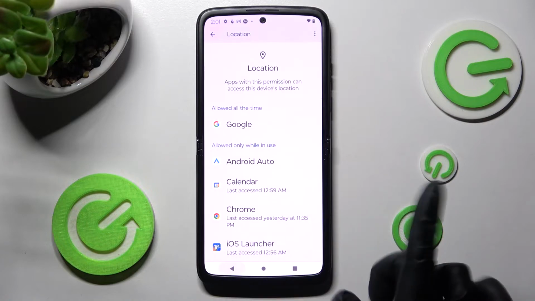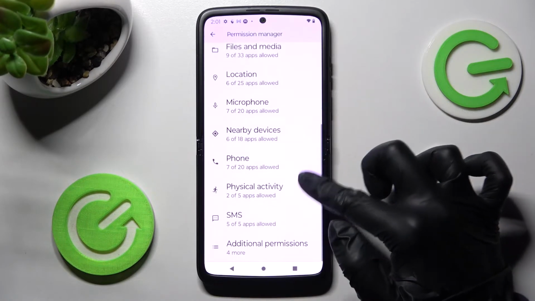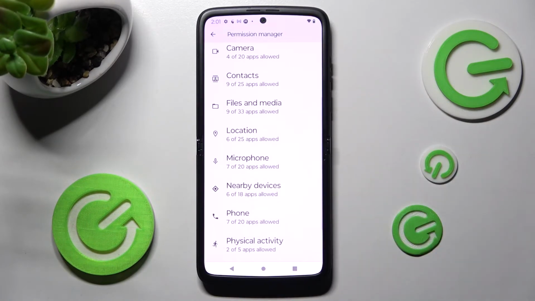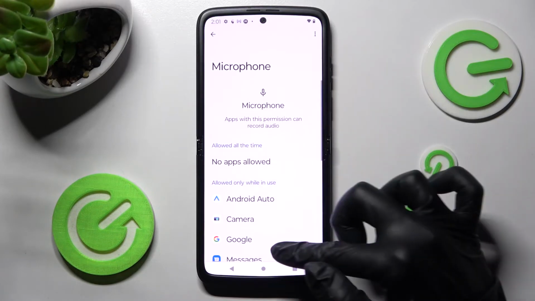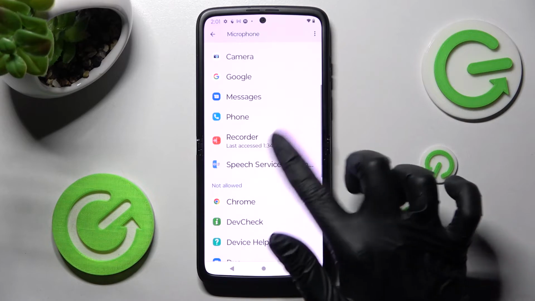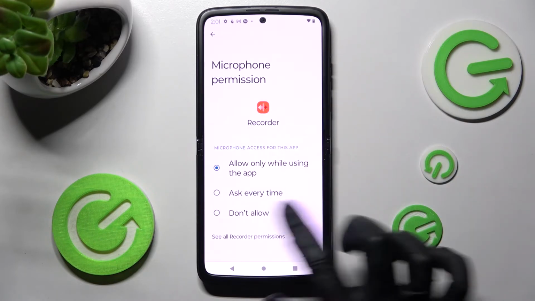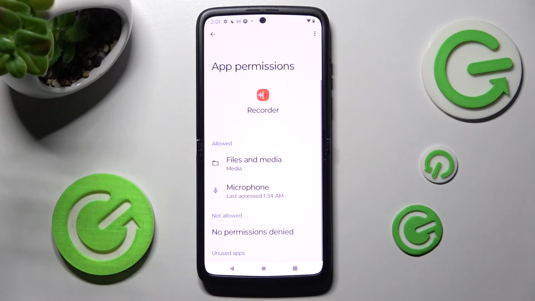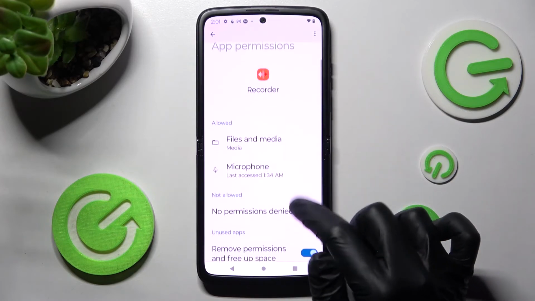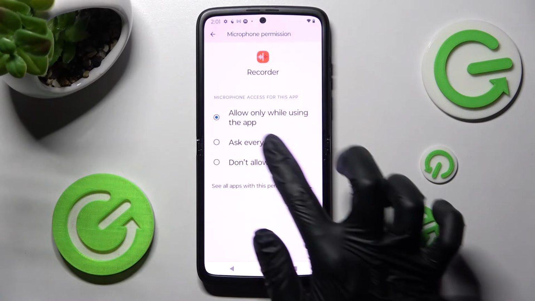But you can always go back, pick any feature, and then look for an app that you are interested in. For example, I will go with microphone to manage my recorder. Then choose See All Recorder Permissions instead at the bottom and manage all of them only for this app from